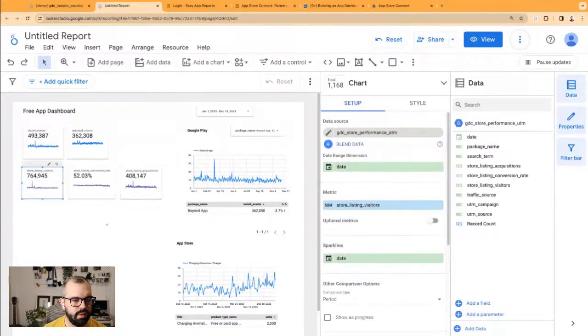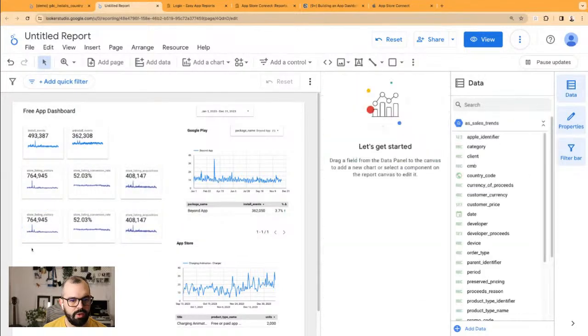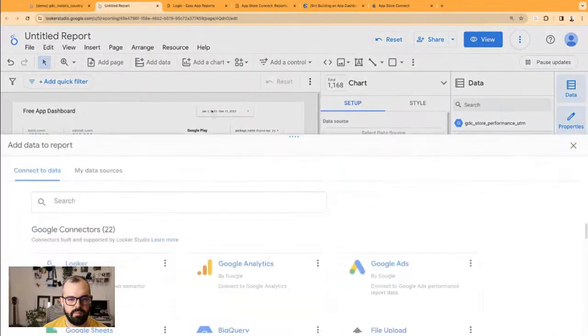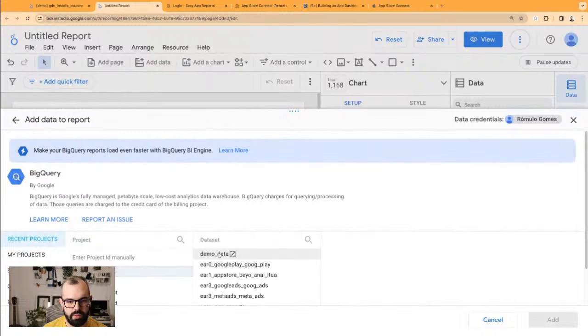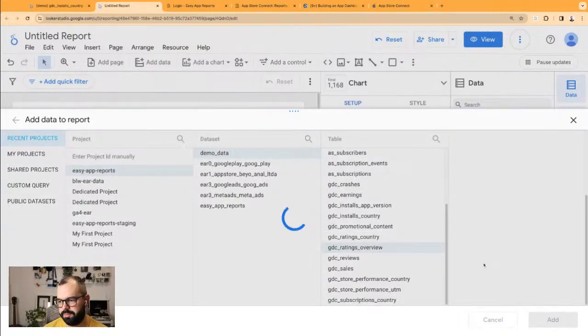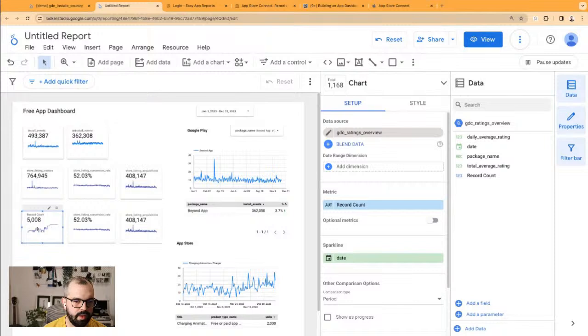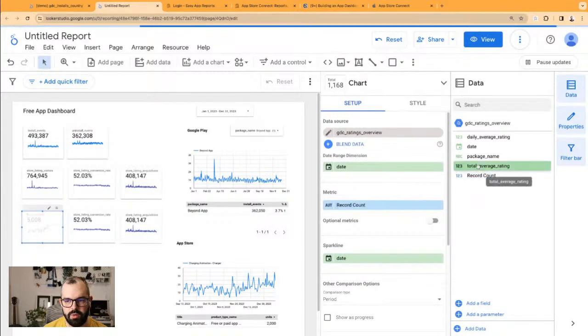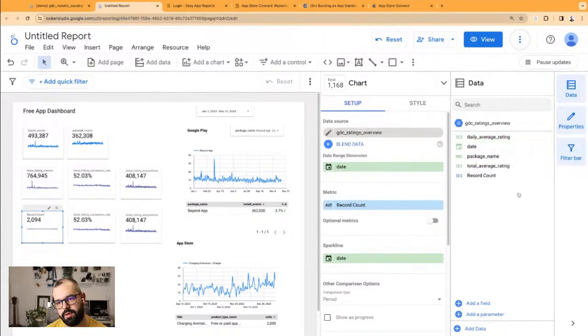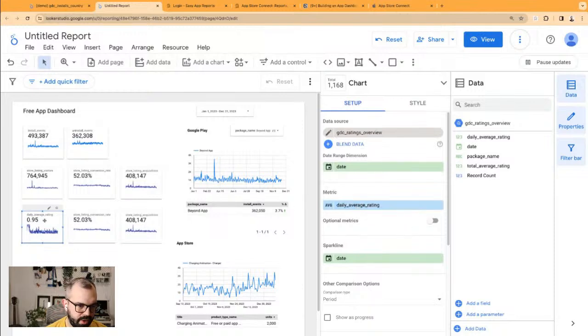Now I want to see my ratings, reviews, ANRs. So same process. I'm going to bring now my ratings. So go here, select the table. So overview is enough. Can ignore that message. Record count. Don't want a record count. I want the daily average rating. Okay, let's bring the daily average rating now. This will not make sense, right? This is a huge number. Okay, now this makes more sense. It's a very bad average rating,